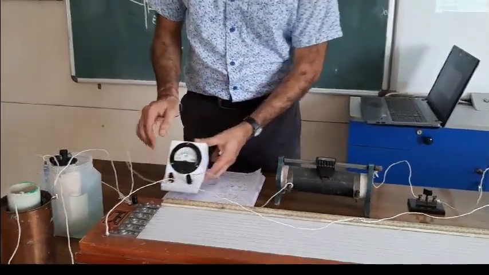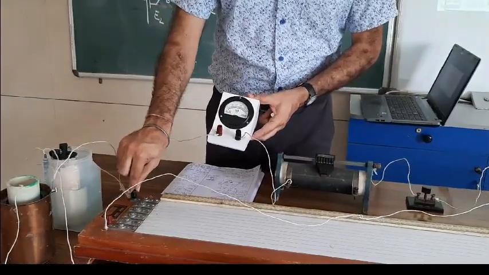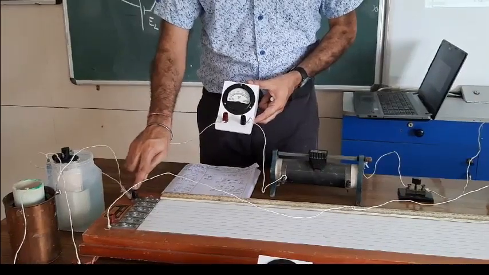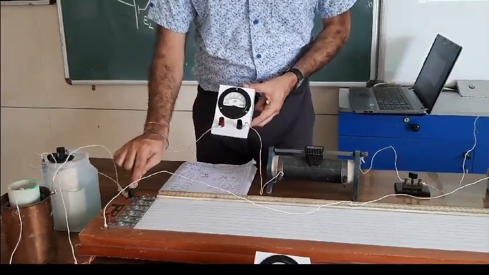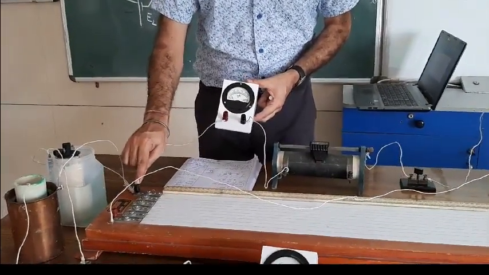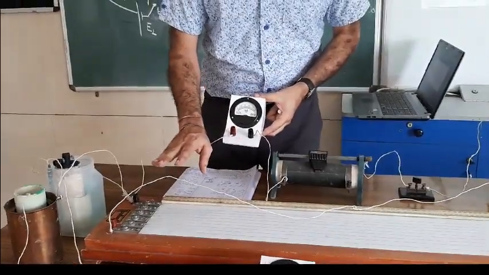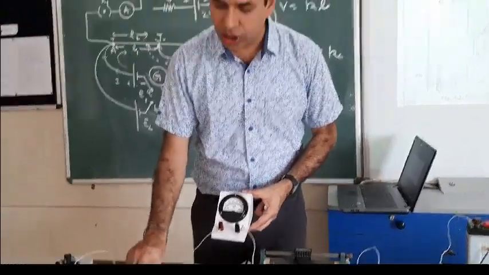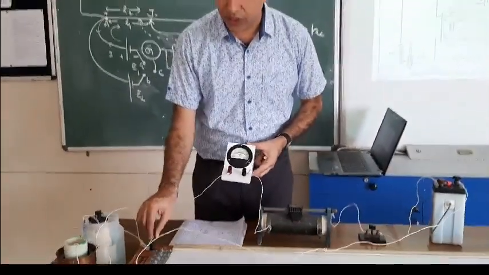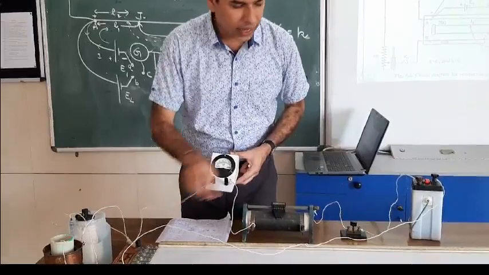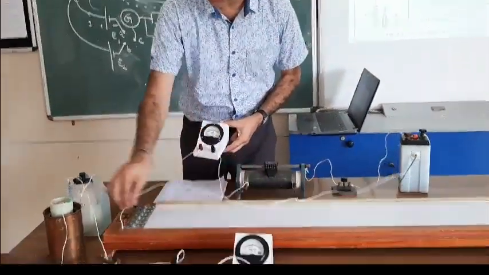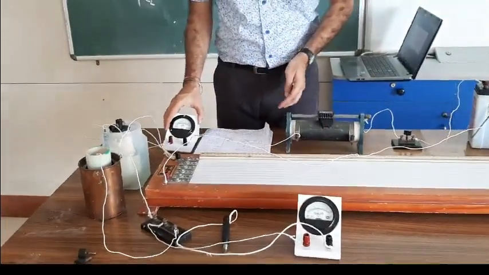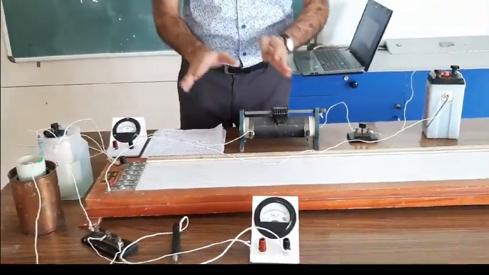From the ammeter, the connection goes to one of the terminals, which we are going to call the positive terminal. We don't need to bother about whether this is black in color or red in color, because a potentiometer wire doesn't have a positive or negative, it just has two ends. This one we are going to take as positive. We have connected the positive of the battery here, and the negative of the battery has been connected to this other end of the wire. After making the auxiliary circuit, now we come to our cells.